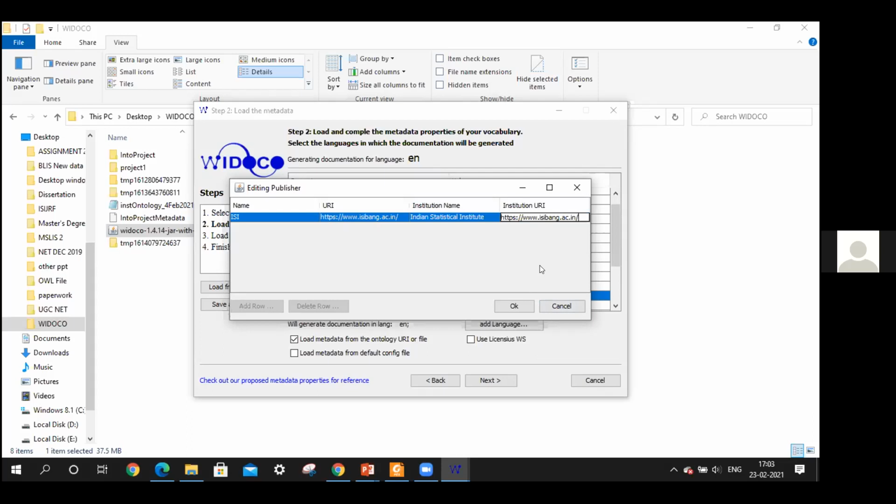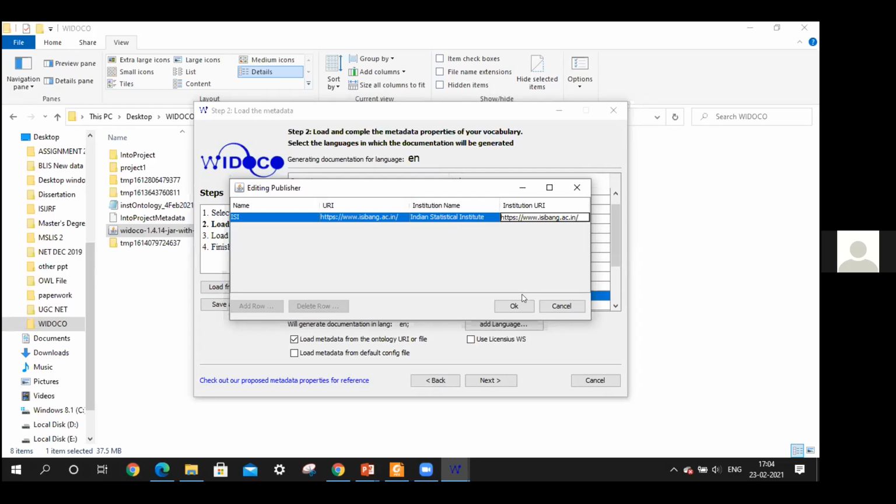So after doing that, candidate, are you getting everything that I have mentioned till now? You can give a pause to let them type something on their own. You can provide anything that you like. You can add your own organization, and if you know its URI, you put it. Otherwise, just give example.com or something like that. Any value is fine, because we are just testing how to work with this.